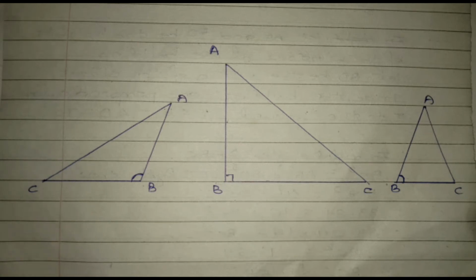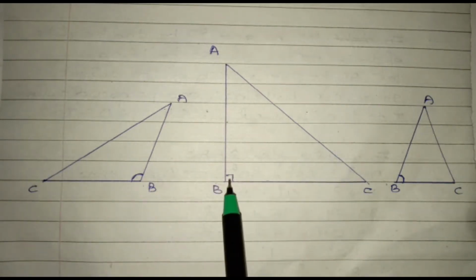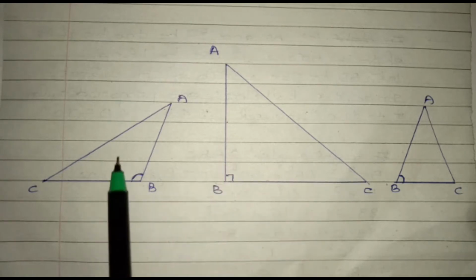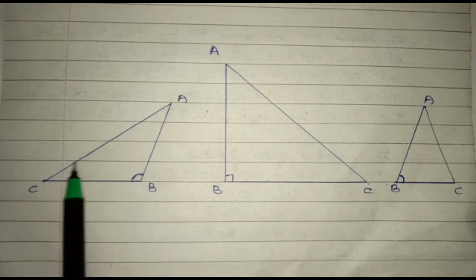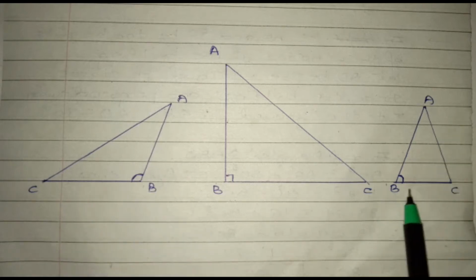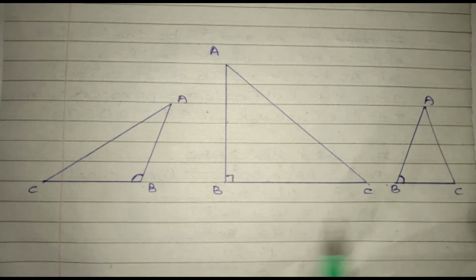In our previous videos, we have learned about Pythagoras theorem, that is, in a triangle, the relation between the side opposite to this right angle and the remaining two sides. But what about the triangles which contain obtuse angle and the relation between the sides opposite to this angle and the remaining two sides? And what about the triangles which contain acute angle and the relation between the side opposite to it and the remaining two sides? For this, we use Pythagoras theorem.